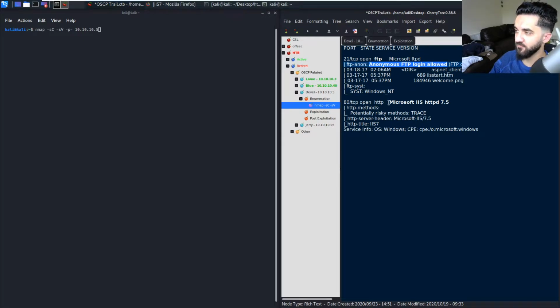We also have Microsoft IIS httpd version 7.5. And then we can check that out by going to our browser and entering it. But one of the first things when you see something like this, which I'm going to demonstrate here on my tablet, is that we know HTTP means Hypertext Transfer Protocol, and FTP means File Transfer Protocol. So if this can transfer files,